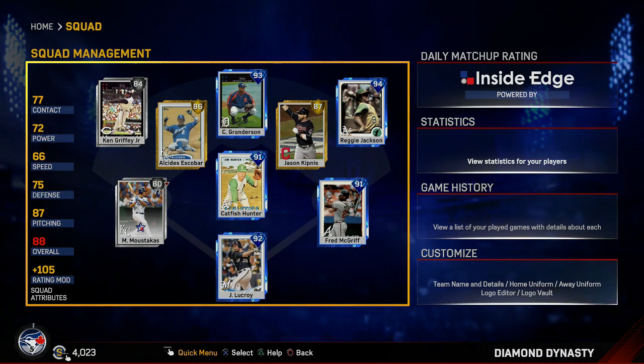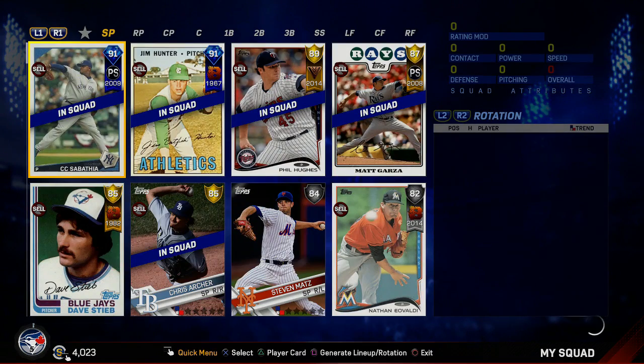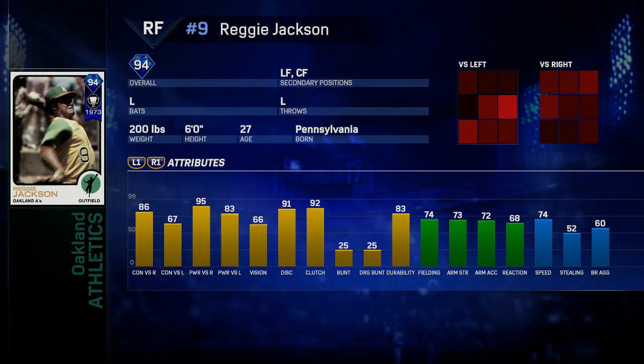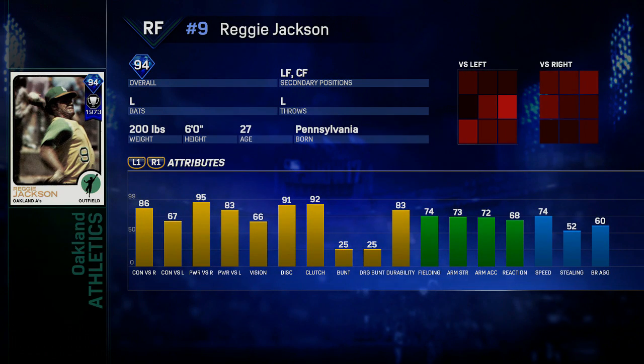94 overall, Reggie Jackson is also on the squad. You get him for completing Conquest in its entirety, and then you have to do the American League challenges and National League challenges. For the American League, you get Curtis Granderson, and then once you do all those challenges, you get him, and then National League, you get the flashback Matt Holliday. So once you do all the missions for Conquest, you get your hands on this 94 overall Reggie Jackson,